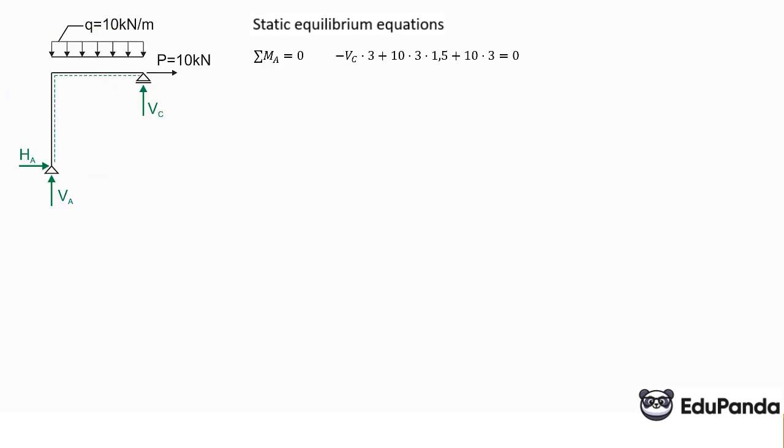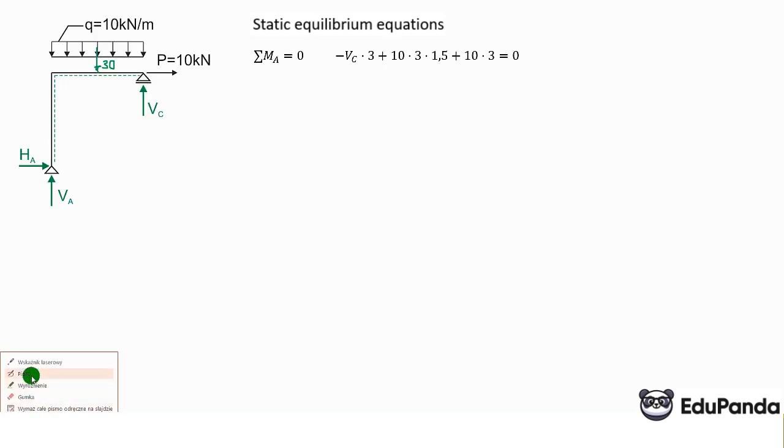And here, I calculated the resultant from the continuous load of 10 times 3 meters, which is 30. The resultant acts at the center of gravity, which is in the middle. So we have plus, because this resultant turns clockwise with respect to point A. Plus 10 times 3, which is the resultant, times 1.5, the arm of action, which is half of 3, and then also that 10. It turns clockwise, and its arm of action might be difficult to notice at first